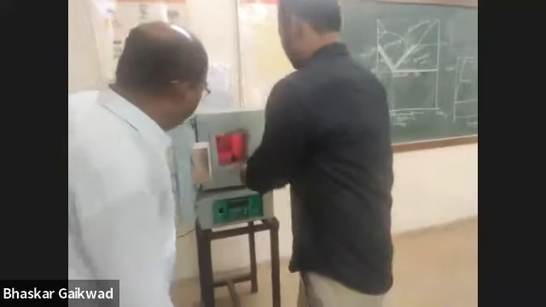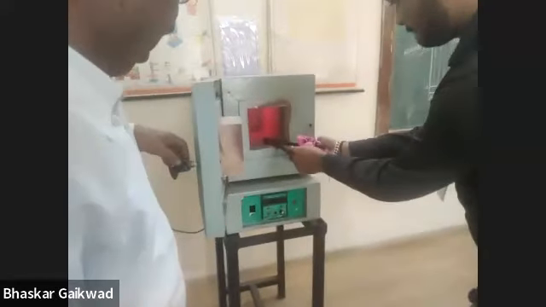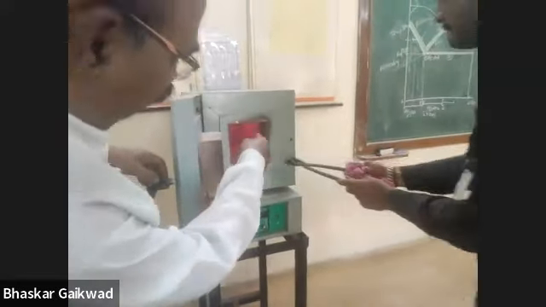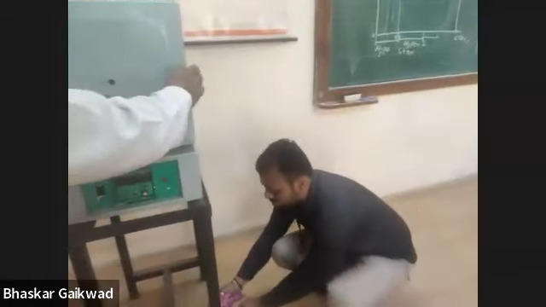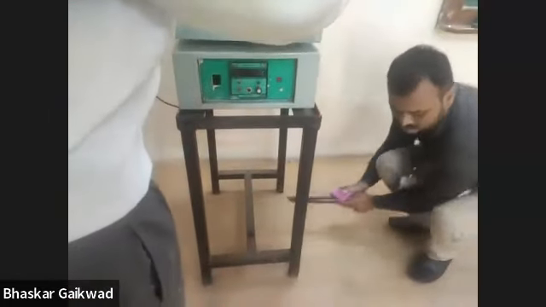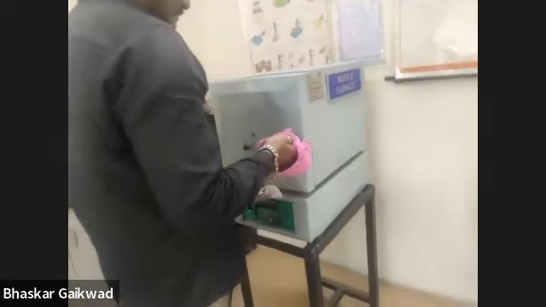That, we will take one piece. This is our normalizing piece, and the inside piece, tomorrow we'll see, that is the annealing. Now I will close this furnace. So this is the furnace cooling, annealing. This is the normalizing, and this is the hardening, water cooling. Tomorrow we'll see this annealing.